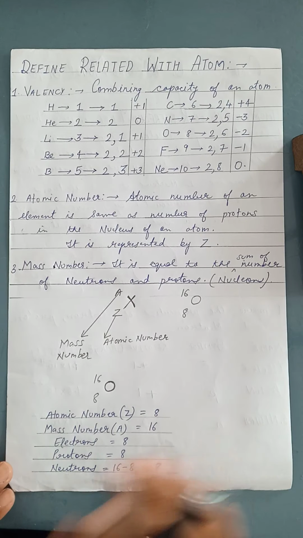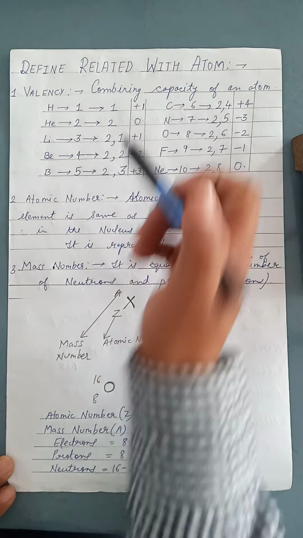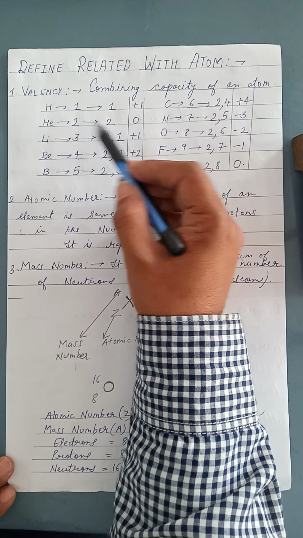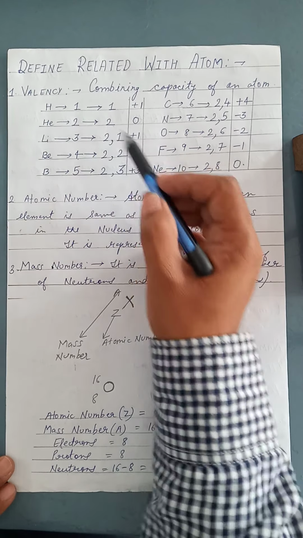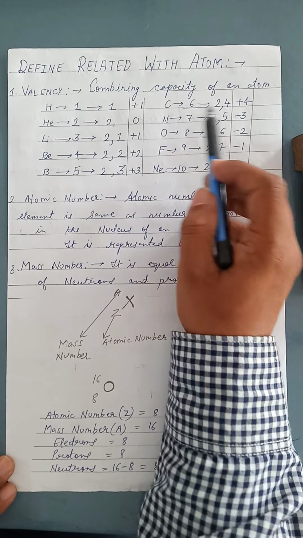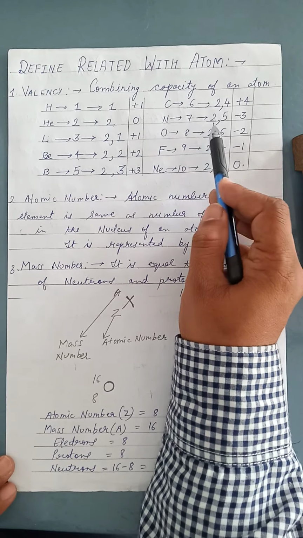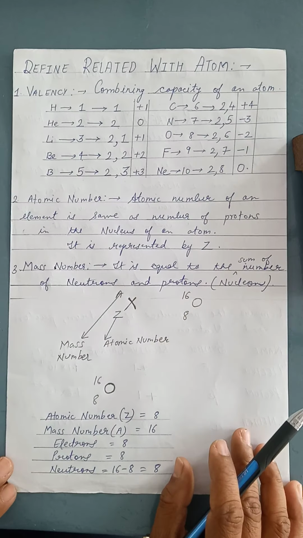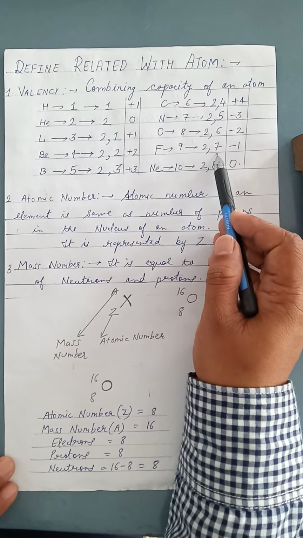Now the next thing we are doing is the electronic configuration. Hydrogen will be 1. Helium, since it is 2, we'll write 2. Lithium will be 2, 1. Beryllium 2, 2. Boron will be 2, 3. Carbon 2, 4, nitrogen 2, 5, oxygen 2, 6, and fluorine it is 2, 7, and